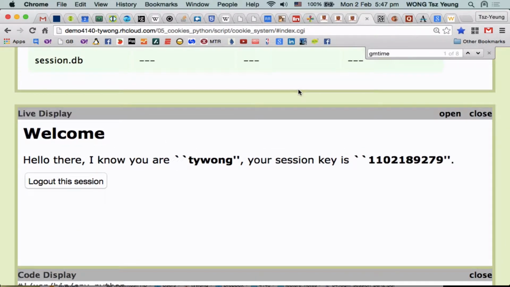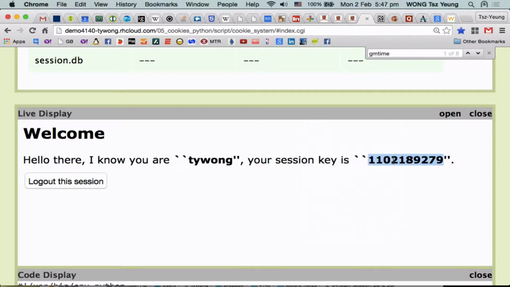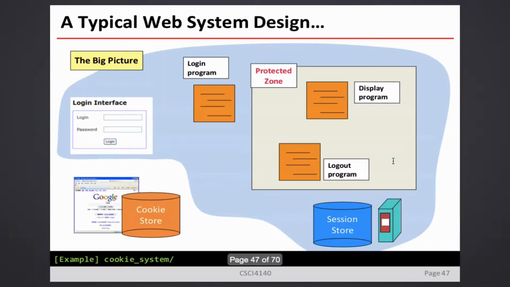So this is the login. I use cookies, and the cookie string is this guy, and I already embed a 1 minute expiration. So while we're waiting for that 1 minute,